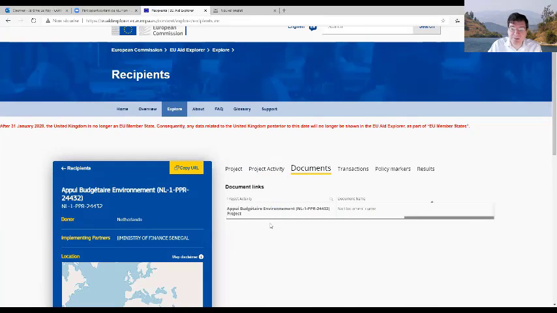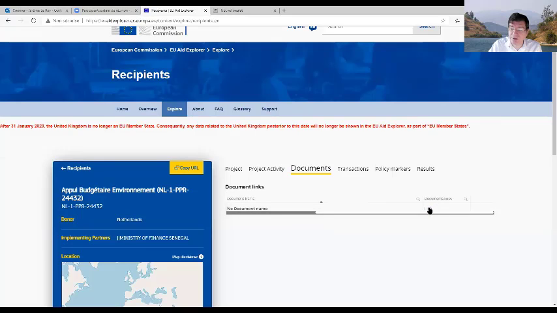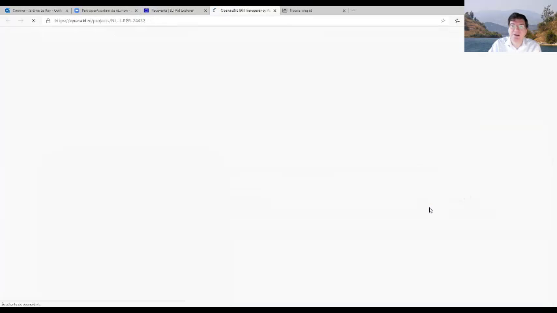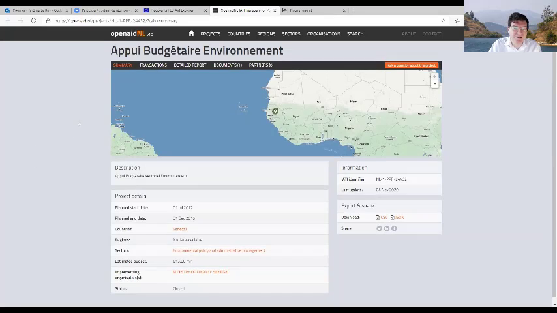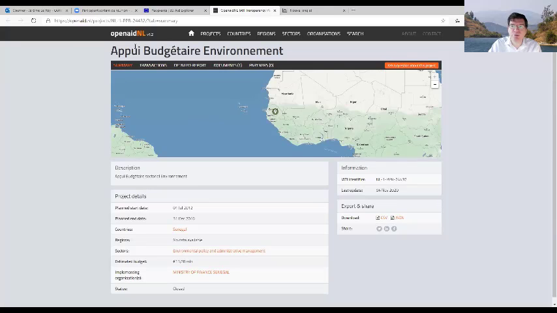But here, the interesting bit is that on documents, if you go all the way here, you've got a link that is operational. It's only the case for a relative minority of projects. But in this particular case, if you click on the link, you will see that it takes you straight to the database of the Netherlands with more data on the project. So in a way, this is an example of what we would like the EU Ed Explorer to achieve